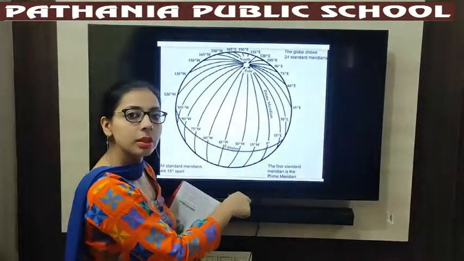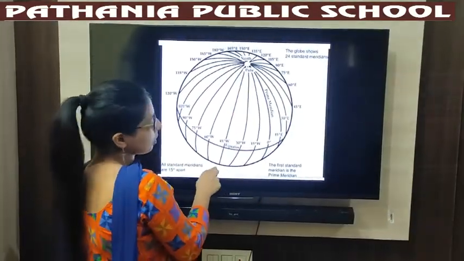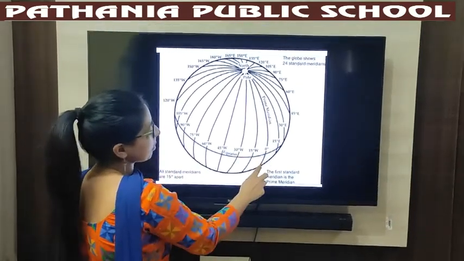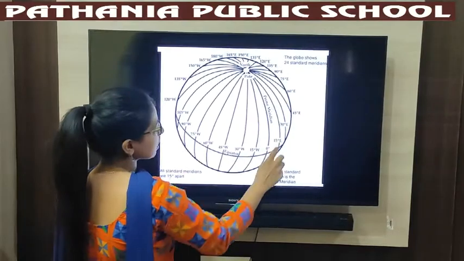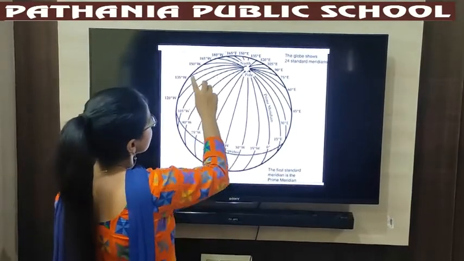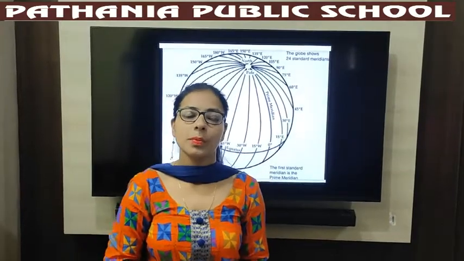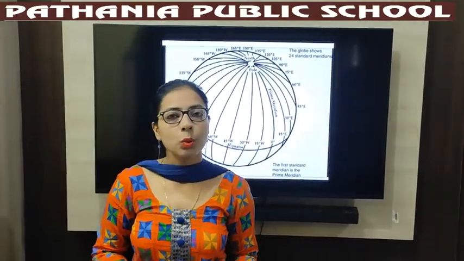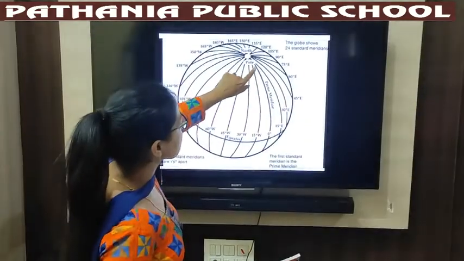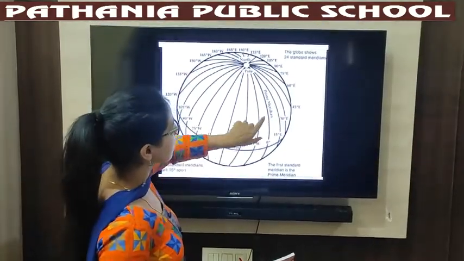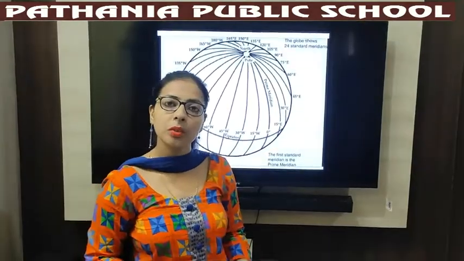It will make you more clear about the longitudes. This is my north pole and somewhere down here is my south pole. This is my prime meridian, which is 0 degree longitude, and here you can see 180 longitudes are there and 180 longitudes are here. In my last session I asked you a question: total we have 360 longitudes, but if I count, this is my one, which is the prime meridian, then 180 this side, 180 this side, so it is total becoming 361.